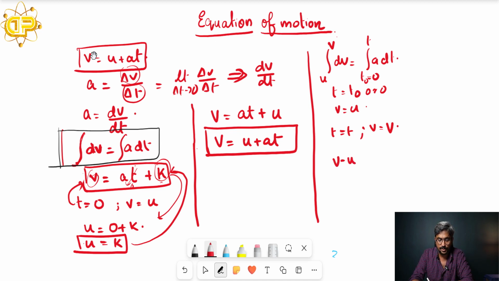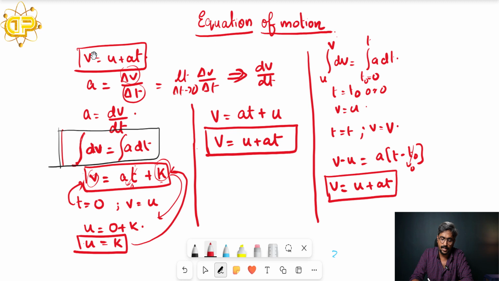Then v minus u is equal to a into t minus t0, or here we are taking t0 is equal to 0. Then that will become what? v is equal to u plus a t. Here comes the same equation. So using the integration method, it is very easy to get the corresponding equation. So here comes the first equation of motion, that is v is equal to u plus a t. Simple thing. Just go through this particular derivation and do it yourself, and then you will understand